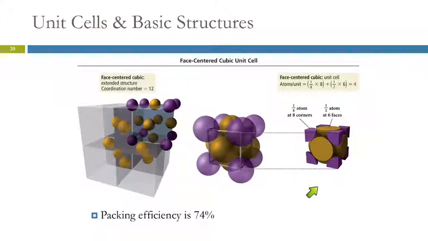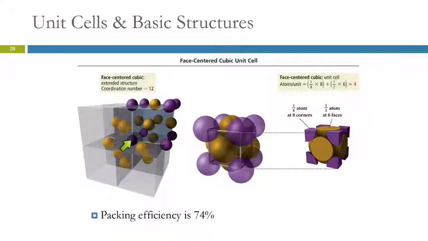So here we're talking about the number of atoms in here. We've got half an atom at each of 6 faces, so that's 3 atoms, and then an eighth of an atom at each of the 8 corners, so a total of 4 atoms in the unit cell. Here's looking at it with all of the atoms. It's a bit hard to look at, and this is really kind of hard to look at as well. But the packing